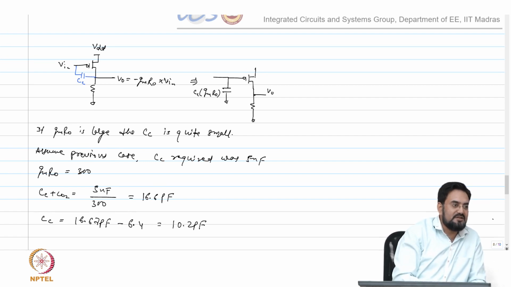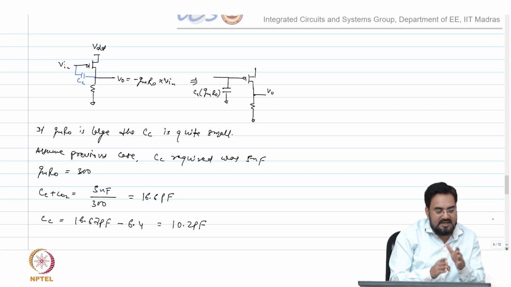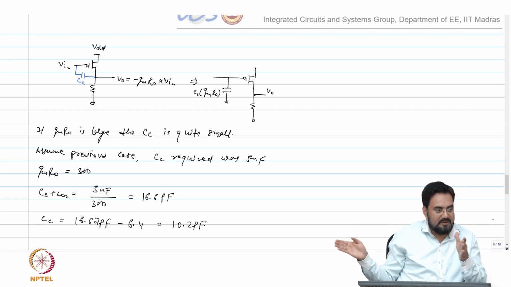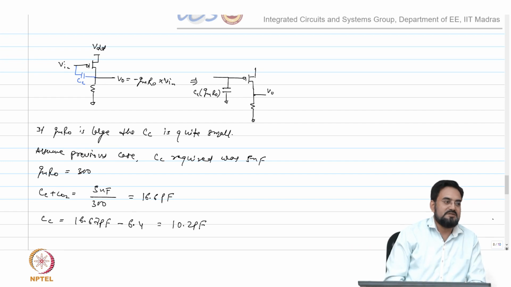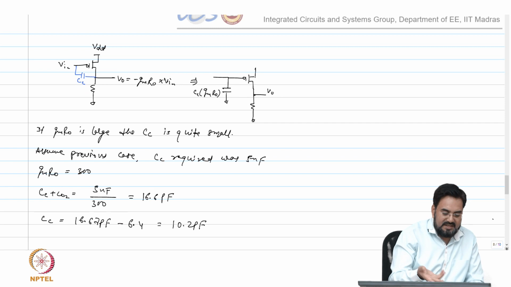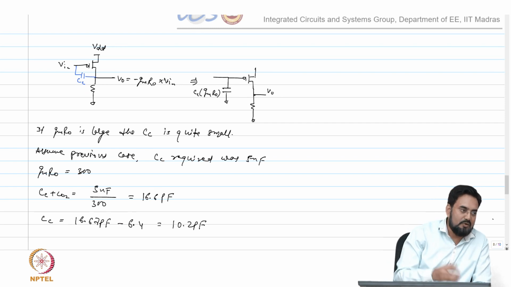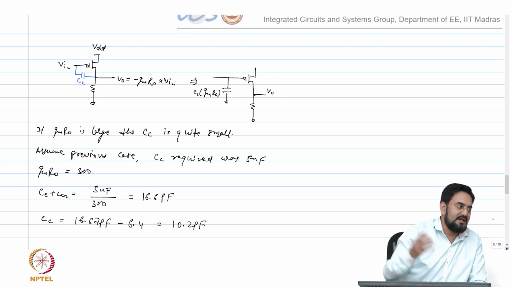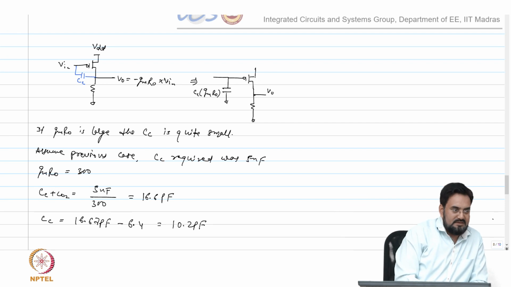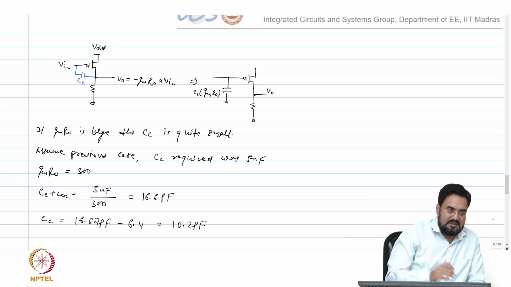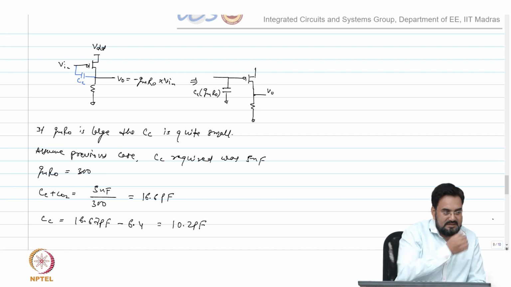So all you have to make sure is, at max load and min load, there is no case where your output pole becomes closer to your UGP. That's it. That's all you have to ensure. So based on that, you may have to slightly increase this capacitor or overcompensate it, so that at higher load current, you get a good phase margin. That's it.